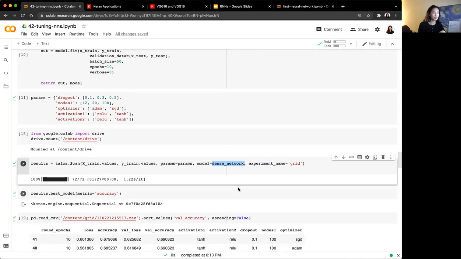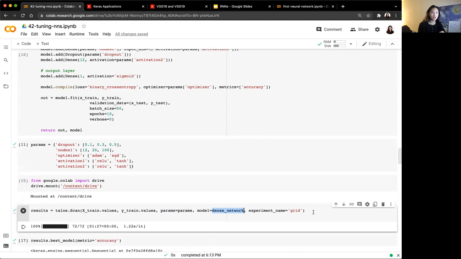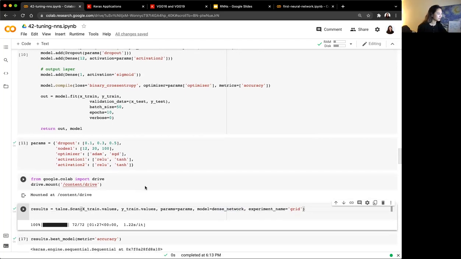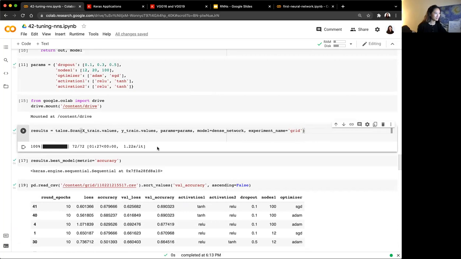So dense network, that's where this comes from. And experiment name equal to grid. I just call it grid for GridSearch, but basically the experiment name will be the name of the folder that it automatically creates to output results. So that's really cool. All right, so after I ran this, and this took 1.5 minutes,